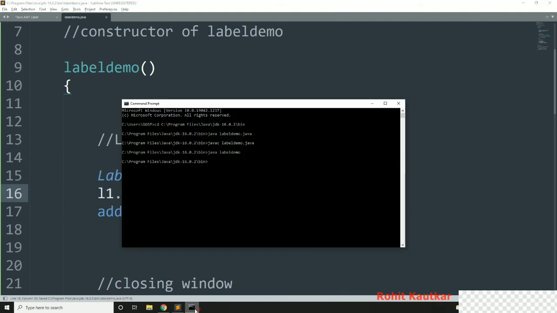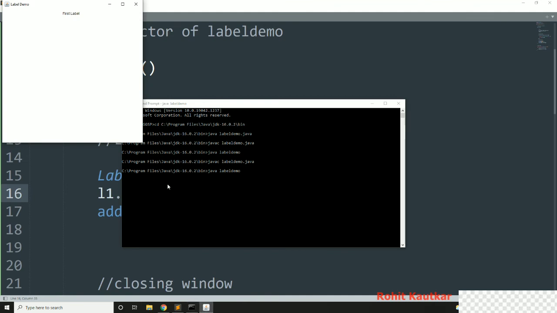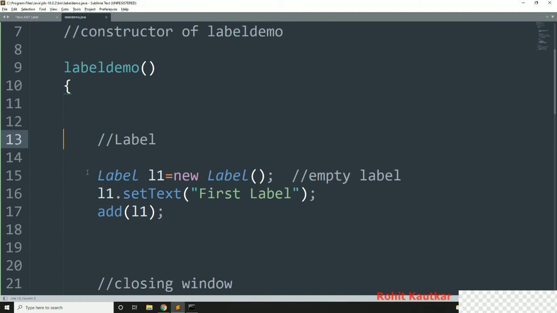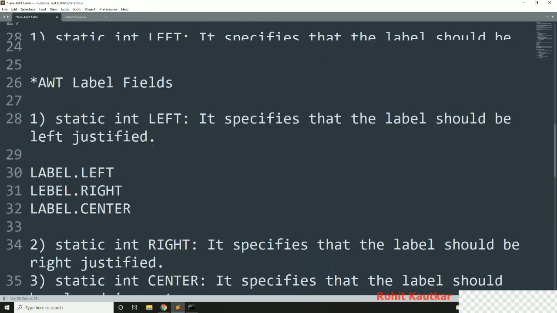Now again I compile. It got compiled, and now you can see we got this label over here, first label. So this is how we create a label with the default constructor, and later on we can use the setText method in order to add text to our label.